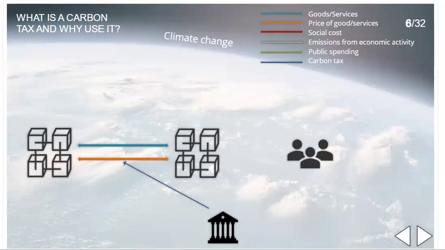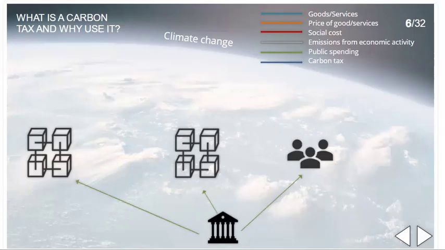The collected revenue, in turn, can be used for the benefit of the entire society by virtue of public spending. Public spending can target climate change in general through mitigation measures, such as reforestation programs, or benefit specific vulnerable groups through adaptation measures, such as capacity building for small-scale farmers.